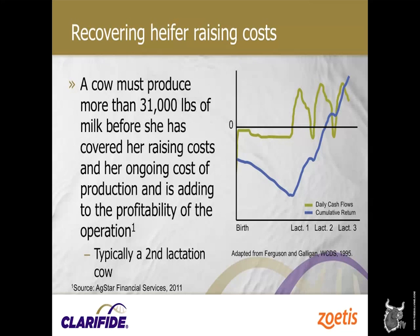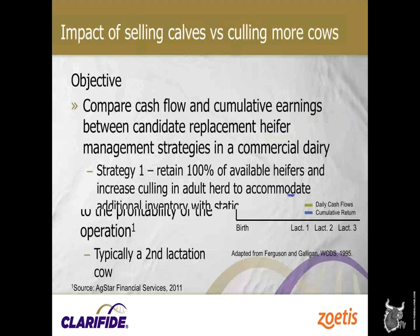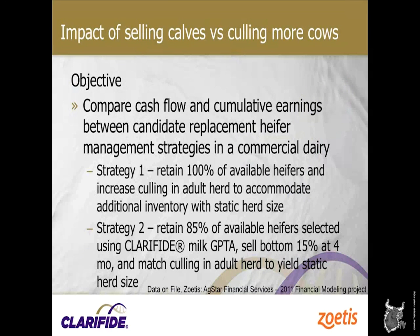So you can see that it continues to increase the cost until she has a calf in her first lactation, when those revenues start coming in. And here again, the point at which that blue line crosses the zero is when she transitions from a cow still trying to pay off her development costs, and really again, it's in that second lactation sometimes. So really, it takes a long time to recover those costs to raise heifers,